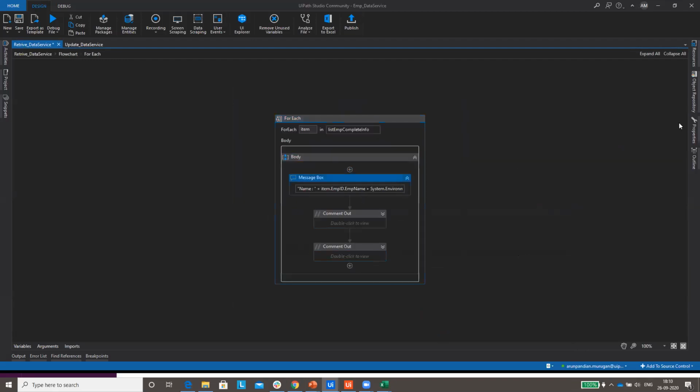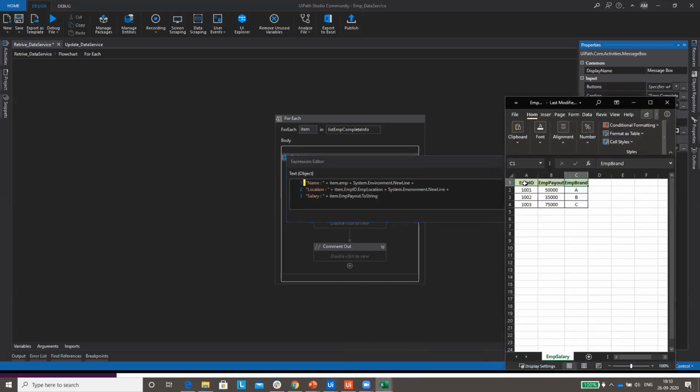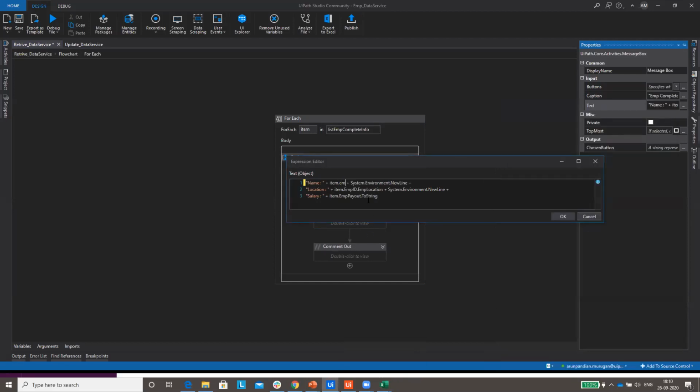How we can get the name is, I'll just show you. Just give a dot emp id. You can see here only the 3 IDs. When you give emp, it displays only the 3 values which are present on this Excel. It has only 3 fields which are on the salary table, so that will be displayed at the first instant.